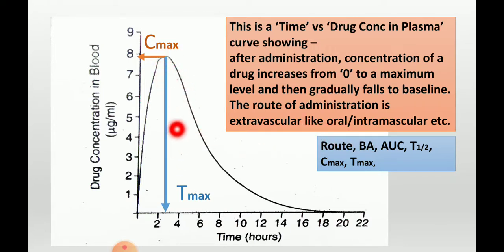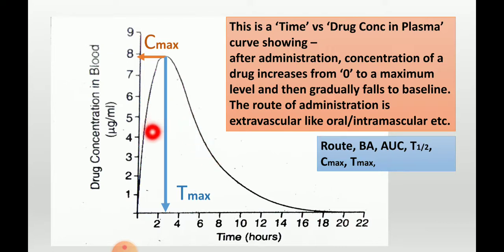So you have to draw some perpendicular lines and some horizontal lines and determine the surface area. And beside this, if the drug is available in the intravenous form, you can determine the AUC of this intravenous form. So the area under the curve of the oral form divided by the area under the curve of the intravenous form multiplied by 100 will give you the bioavailability of this.